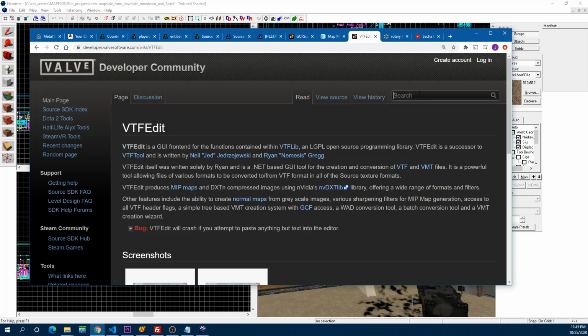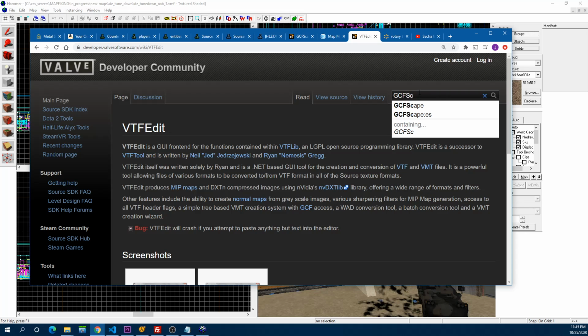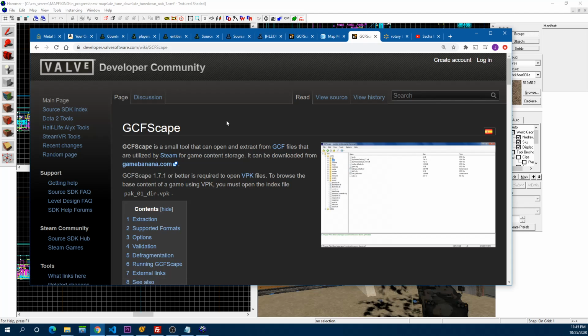Let me see if I can find the name. Yeah, I think that's it. Okay, GCFScape allows you to extract assets from the VPK files, which are files that come in your installation of Counter-Strike, and they are basically zip files.